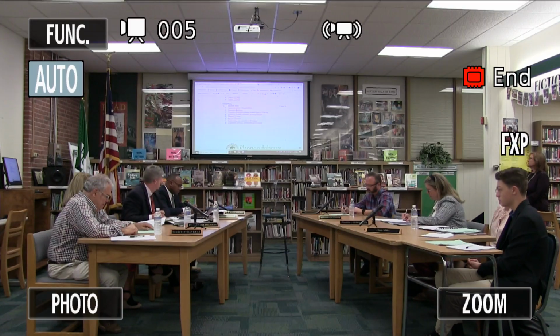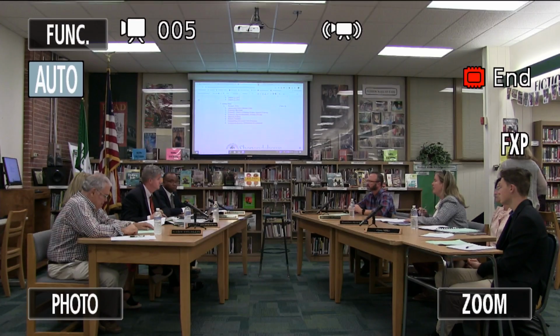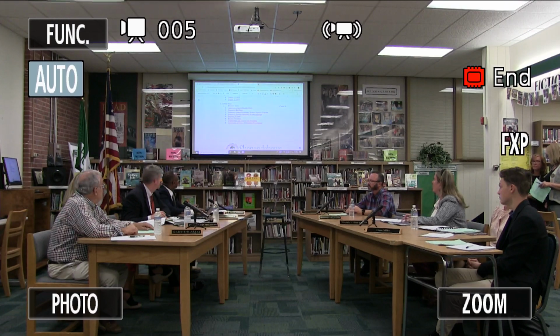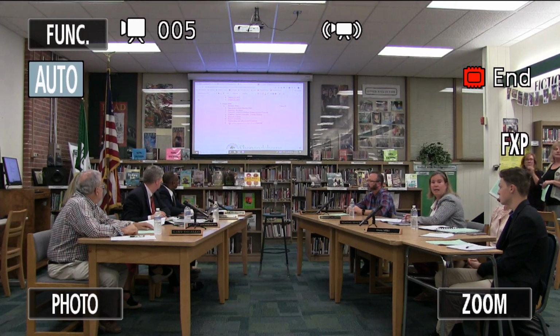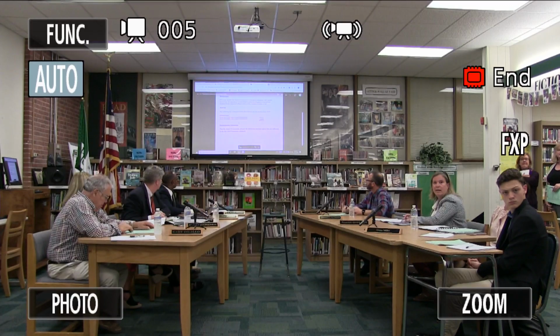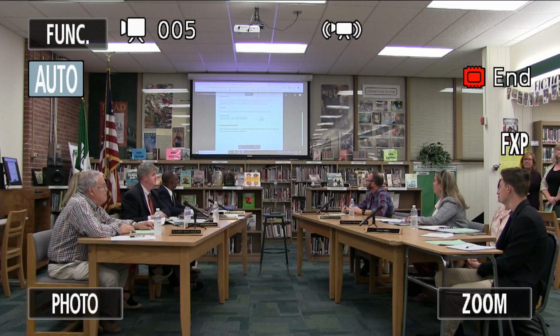And number 7, scholarships and local grant donations. Can I have a motion on this one? Mrs. Stevenson, second, Mrs. Miller. Any comments, questions? What is a Miley Caroli scholarship? What is that? Because there were 2 small amounts. What is it for? Because they were odd amounts, I just didn't know what that was.